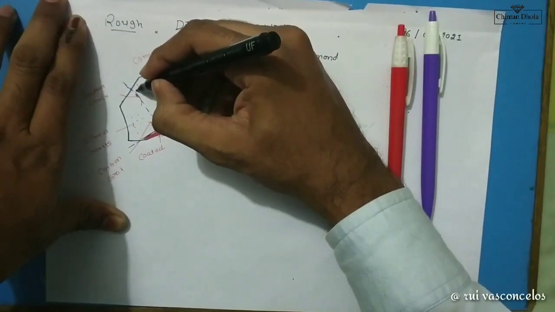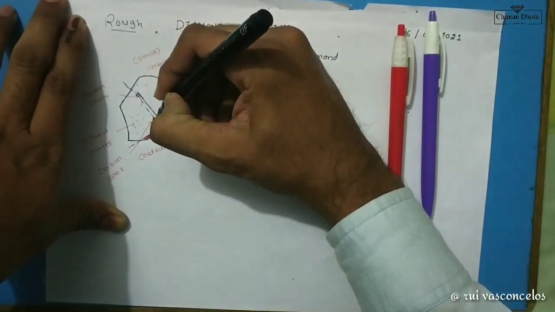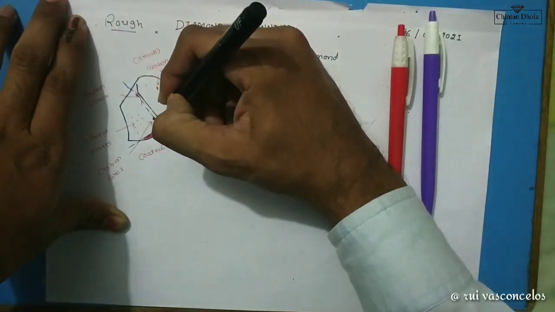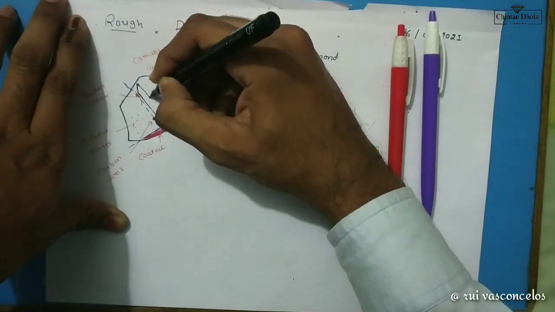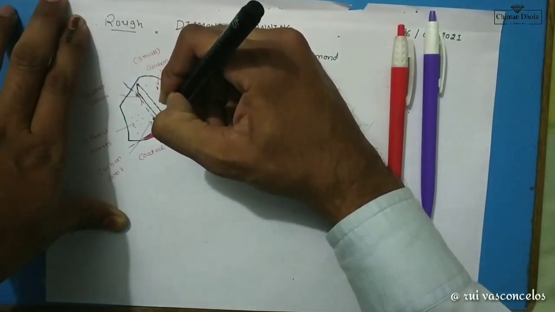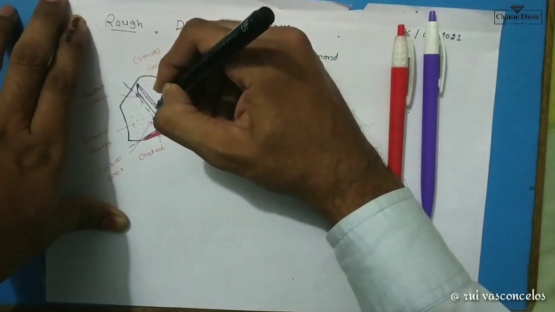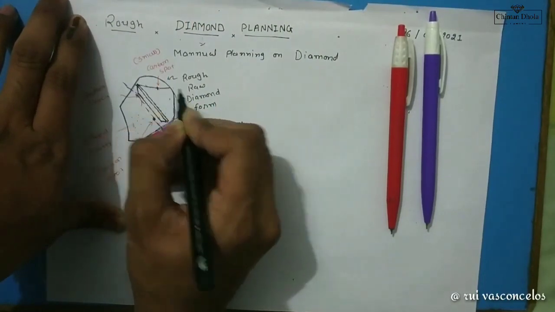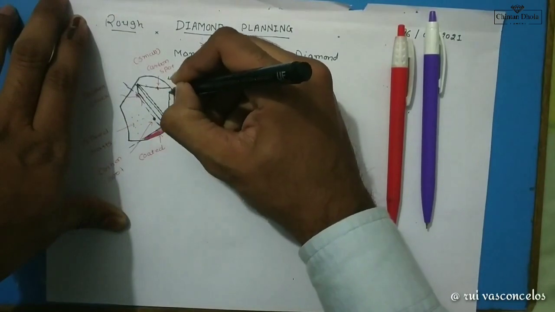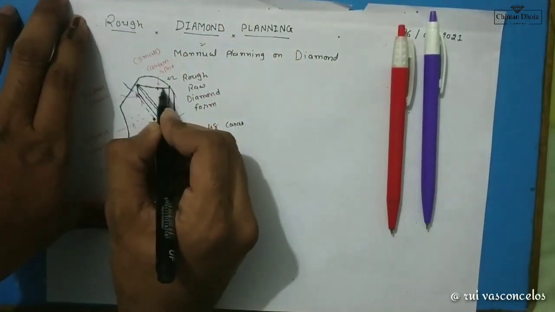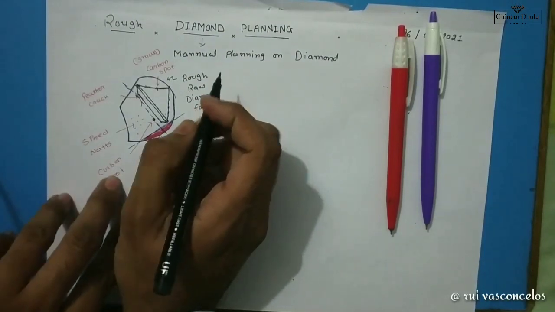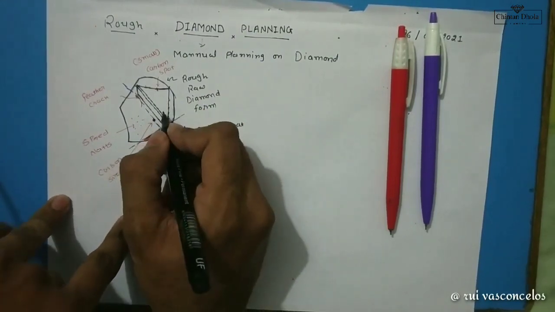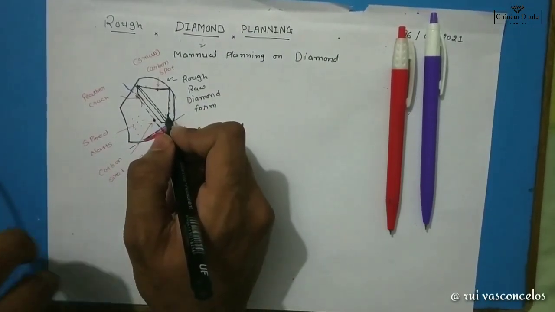After that, this is the broader size, so we can say that here is our table. Now this is our girdle also. We can say that the girdle is over here. Now our culet is over here, and the diamond is manufactured like this. Now you can see how we make a better quality plan. The diamond is totally good quality over here. You can see here we can get a better quality diamond.